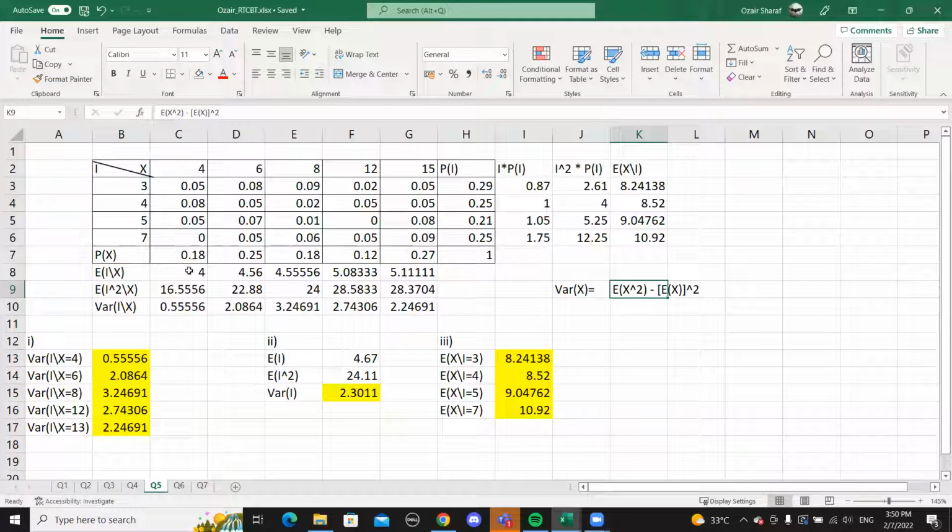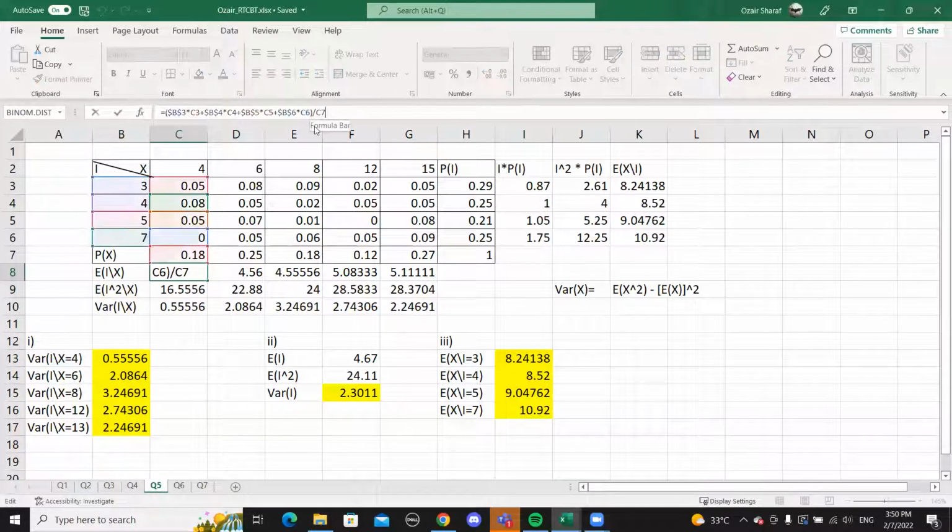So first of all, we have to find the value of expected I given x, which is simple. 3 multiplied by 0.05 plus 4 multiplied by 0.08 plus 5 multiplied by 0.05 plus 7 multiplied by 0. And you have to divide the whole thing by the probability of x, which is the probability of x equals 4,